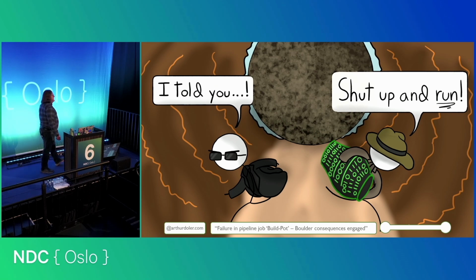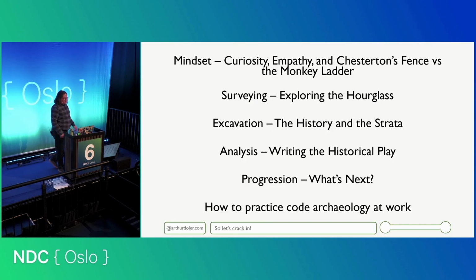And disturbing it, if you don't know what it does, can lead to some very bad outcomes if you're uncertain of what that purpose is. So today, we're going to walk through a 5-step process of how to do code archaeology based on the actual survey, extract, and analyze form that real archaeologists do.